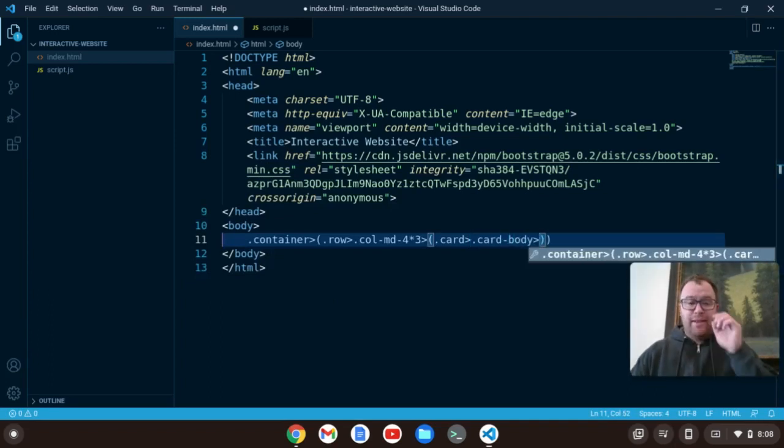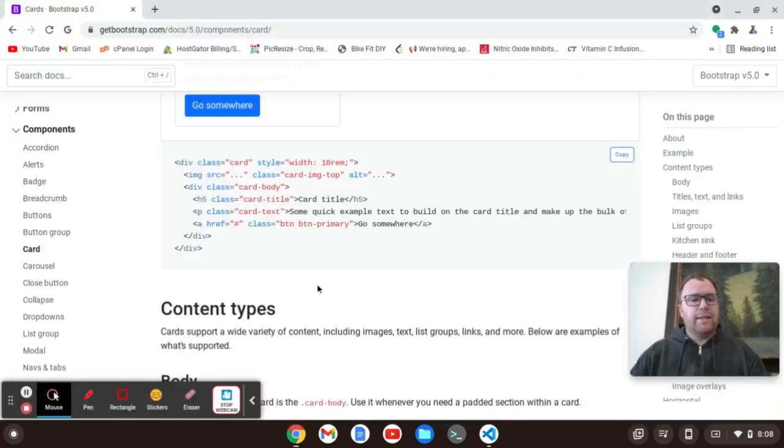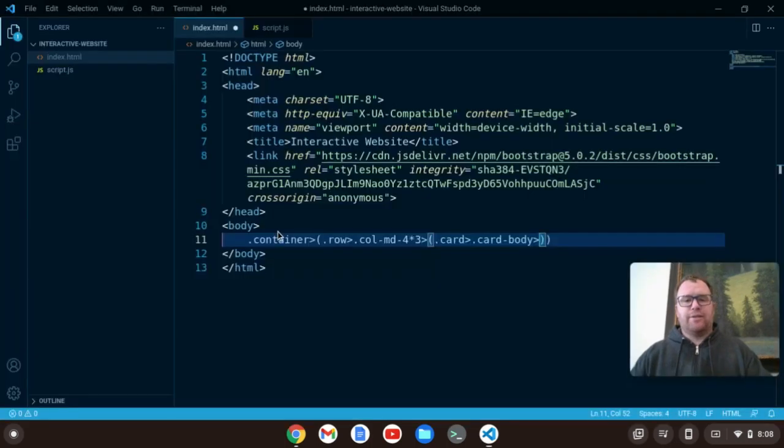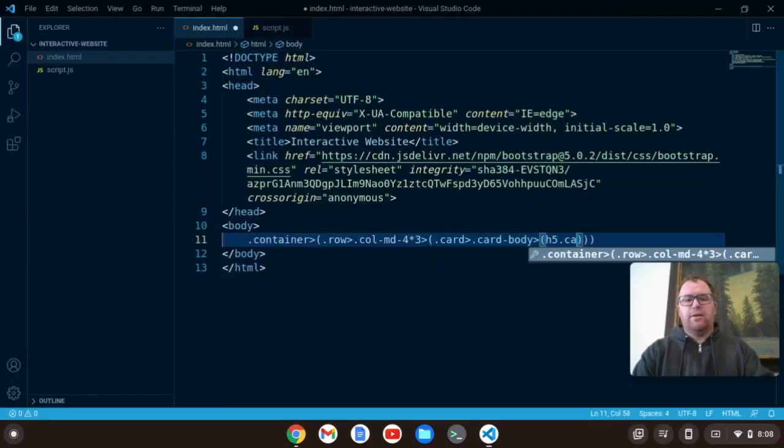And then within that, what I want is a card title and then a card text. So I want an H5 .card-title plus P .card-text. Okay, and I want to move outside of these parentheses because I want 3 rows of